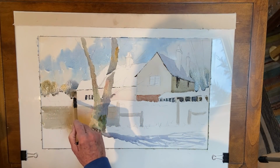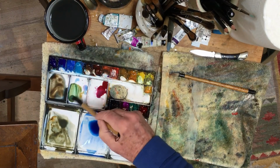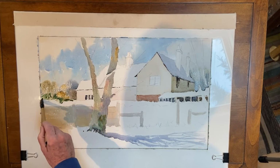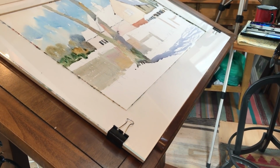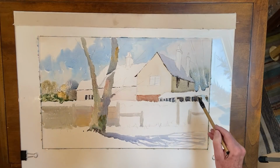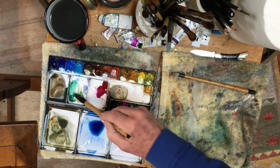Let's go back a bit darker. It doesn't have to be dark everywhere. Let's have a bit of raw umber now. And some Viridian with the raw umber. Just let that sort itself out. Let it do the job for you. Put a bit of green there, and also while we're at it, we can start to do the evergreen hedging